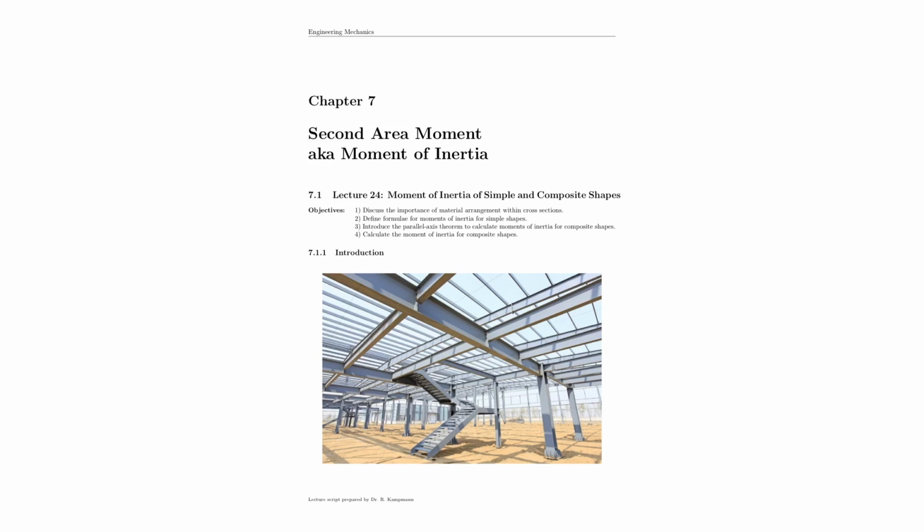Welcome back to our engineering mechanics lecture, and today we will continue where we left off in the last lecture. Remember, last lecture we talked about centroid locations, and today I want to talk to you about moments of inertia. Moments of inertia is the word that engineers use most often, but scientifically speaking it would be correct to call